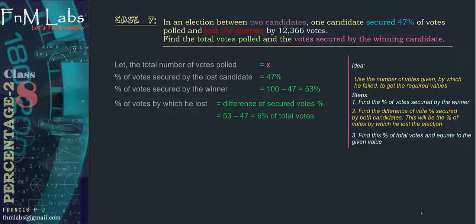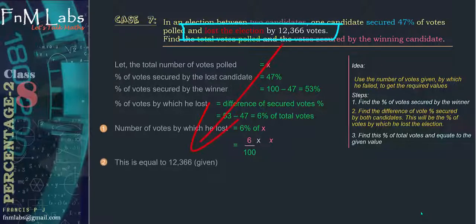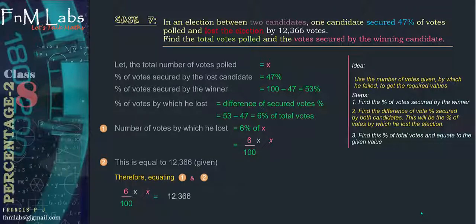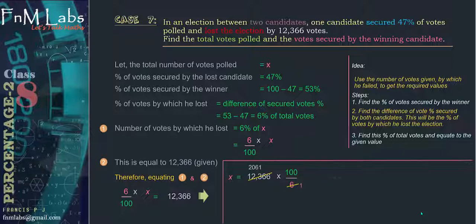Since he lost by 6% of total votes, we can write it as 6% of x, that is 6 by 100 times x. And this is given as equal to 12,366 votes. So equating these two, we get 6 by 100 times x equal to 12,366. Therefore, x is 12,366 times 100 by 6, which is equal to 2,06,100. This means the total number of polled votes is